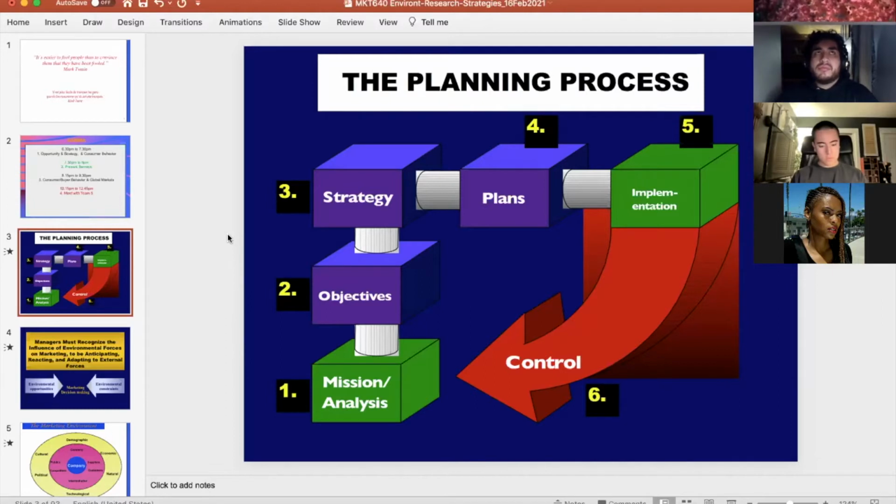The objectives are better if they are measurable. So if you say we're going to increase sales, it's insufficient. You want to say we're going to increase sales by a certain percentage within a certain period of time. So if I say I want to increase sales in the USA, I don't know the percentage and I don't know the time. So better is I want to increase sales by 5% in the USA in the next 12 months. Objectives, depending on the industry, are a year more or less.